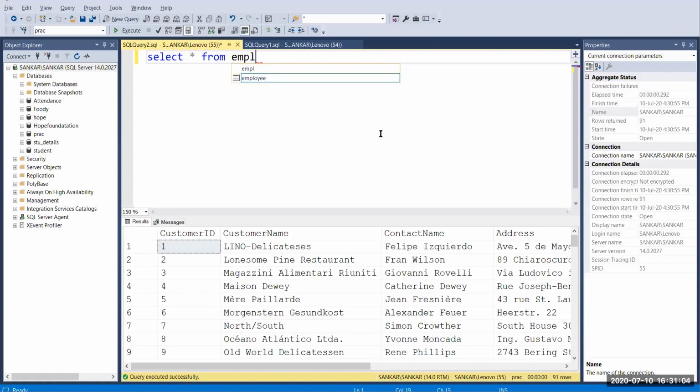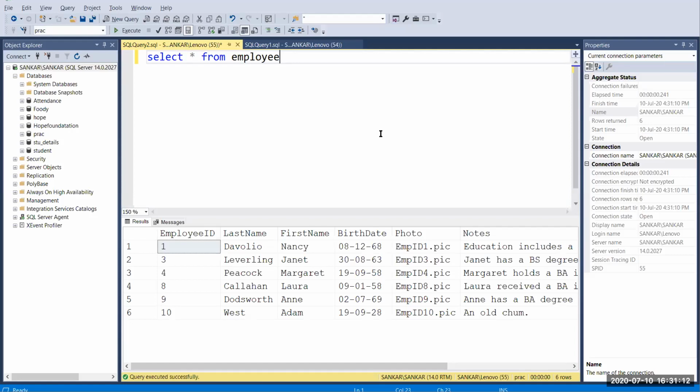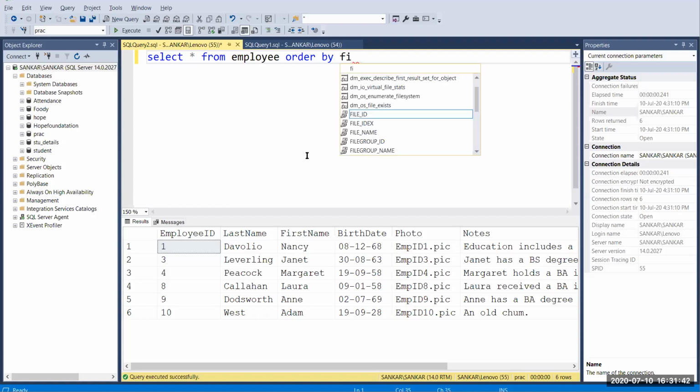I have the employee table, which has only 6 records. Here you can give ORDER BY, with a space, and after that you mention your column, the field you are going to order by. Here I could give last name or first name, so I'm going to give first name.